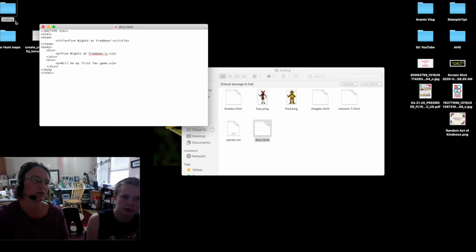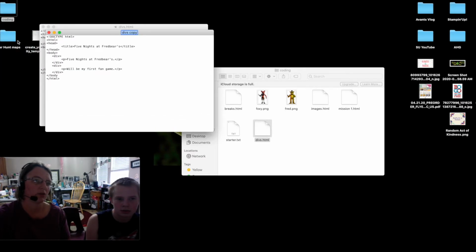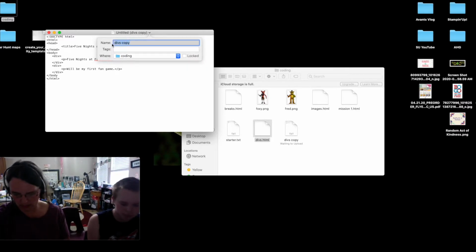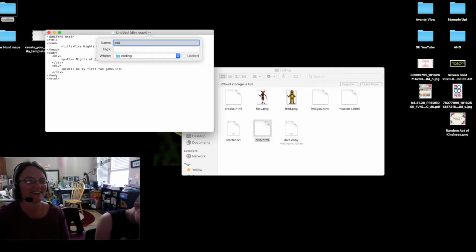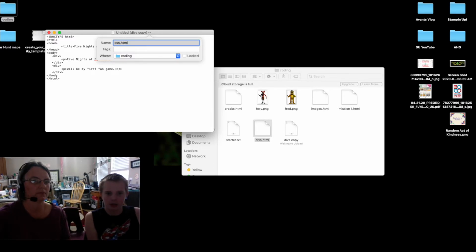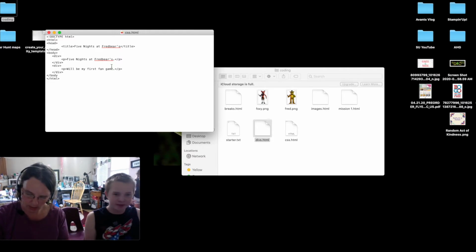Now go up to File, Duplicate, which is under Save. Yep. Okay, now close the division one that you had before. Now rename that one. We're going to name this one CSS. No, that's an S. .html. Dot HTML. So now we're going to add the